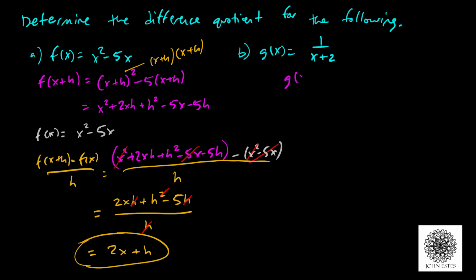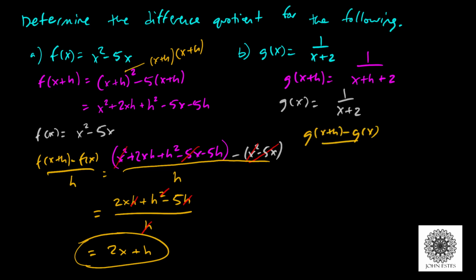Okay, now for part B, we're going to try this again. This time I need g of x plus h first. Again, that means I replace all my inputs with the value x plus h. So I end up with 1 over x plus h plus 2. Now I also need g of x, which we already had, so there's nothing new there. So finally, to apply my difference quotient, which is g of x plus h minus g of x all over h, I end up with,